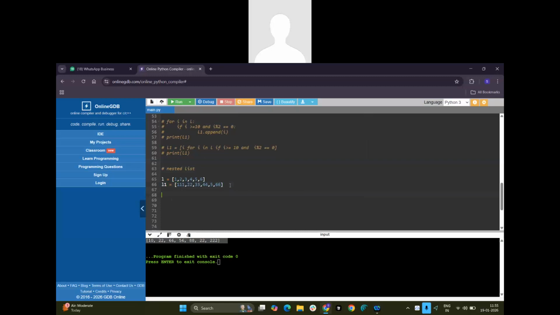Then if I want to go for nested loops, for i in L1, then for j in L1, then if I want to print i comma j, how will it be? All the values I will get, right? First for first